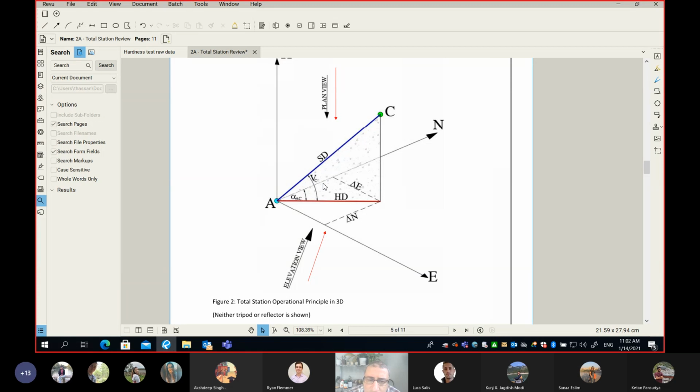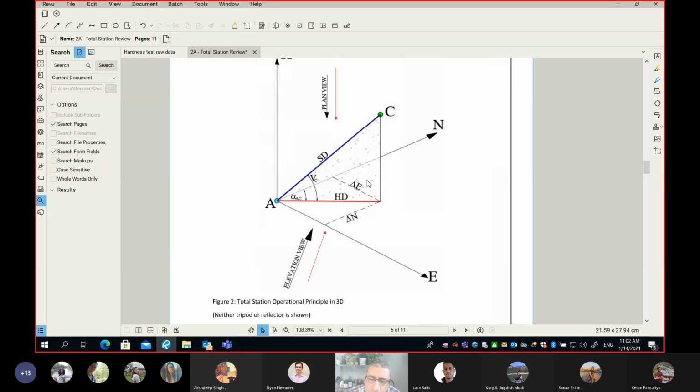If you multiply the slope distance by the cosine of the vertical angle, then we're able to calculate HD. One more time, we measure the SD, we measure the vertical angle. If we multiply the slope distance in blue by the cosine of the vertical angle, then we find the